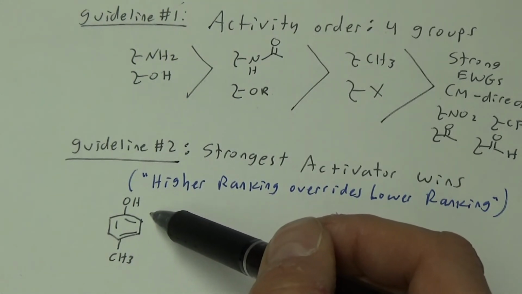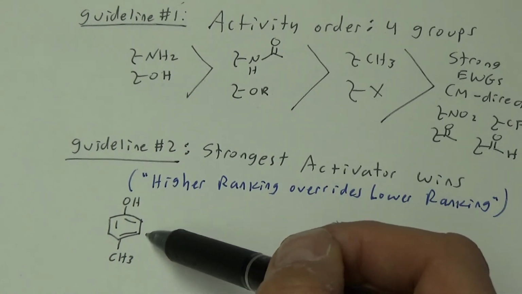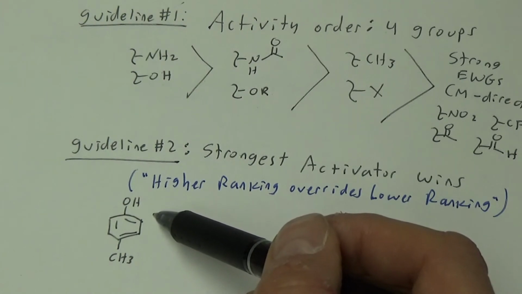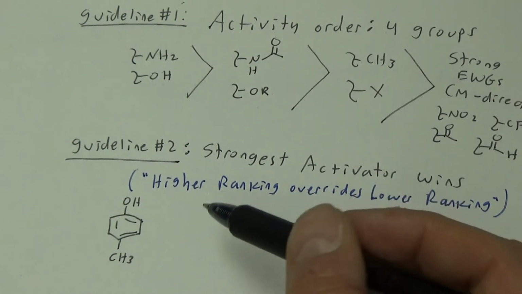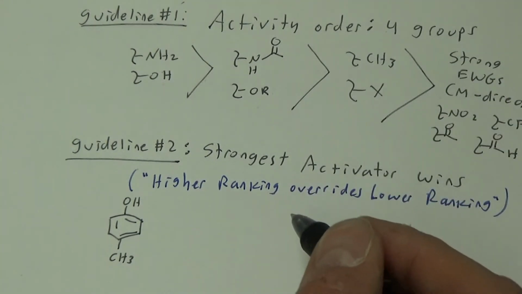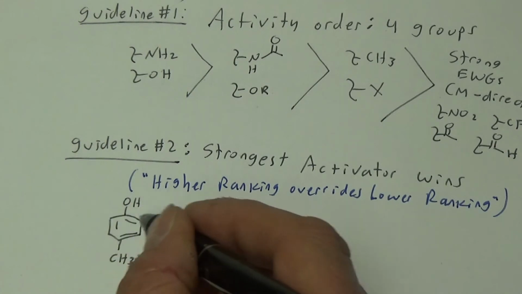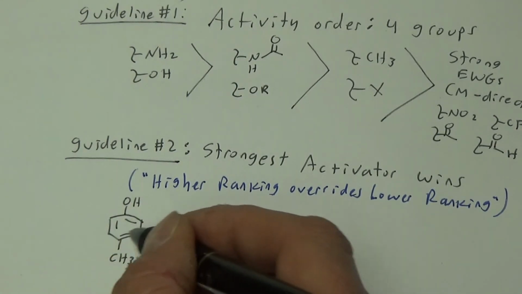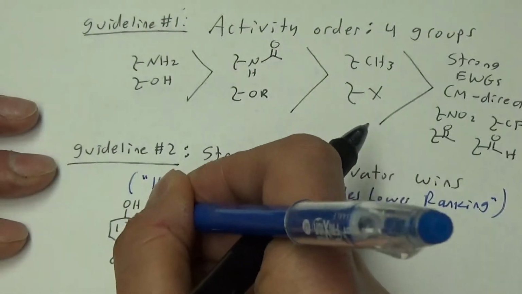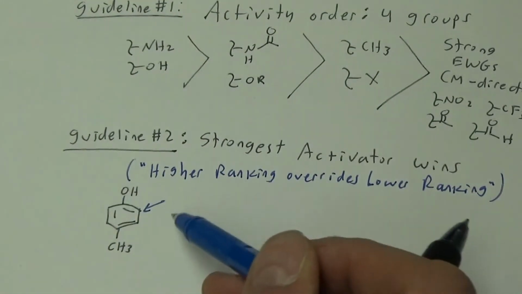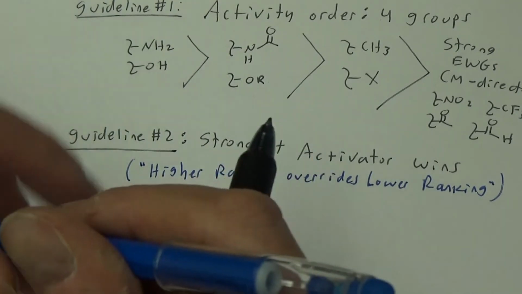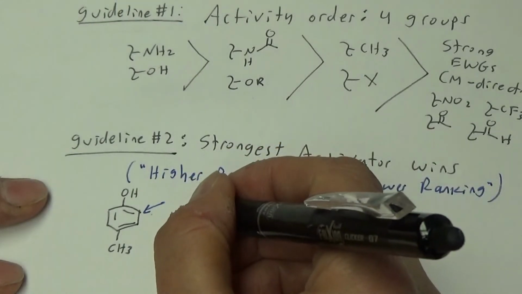OH is the ortho-para director. Para is already taken, so ortho to OH would be here or there, right? So where is whatever we're going to add, doesn't matter what it is, really, where's it going to go? These carbons at the top are the same, bottom carbons are the same. So where's it going to go? OH decides, so it's going to be there. Left side, right side, doesn't matter, but it's going to be ortho to the OH. Can't be para because para is already taken. Alright? What about